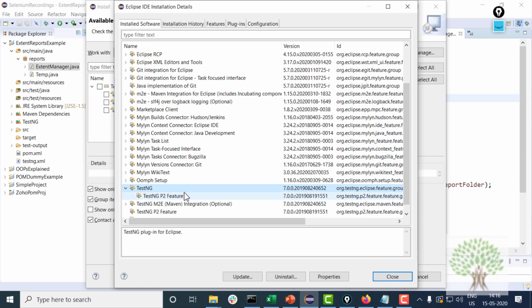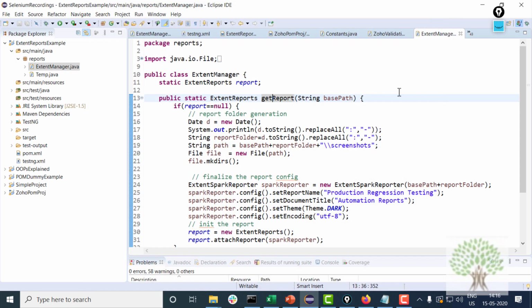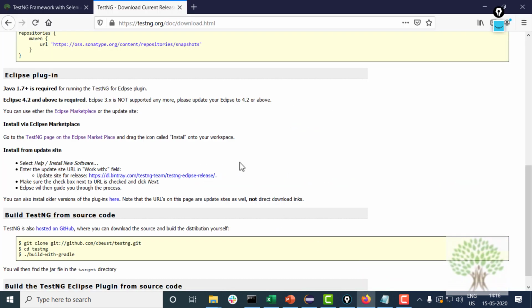You can click on it and uninstall it. Your Eclipse might restart. So this is something you have to be careful about initially in the version. If you have to install 7.0, because 7.2 gives issues, I have seen issues with it.